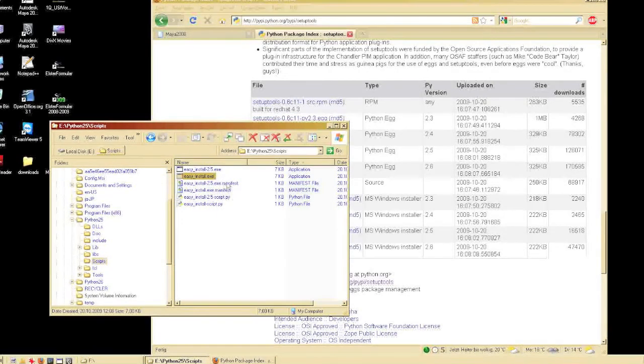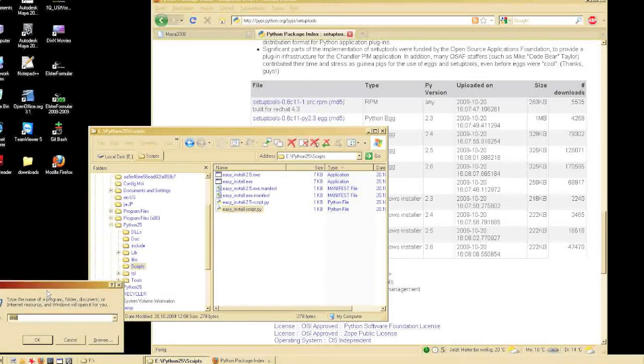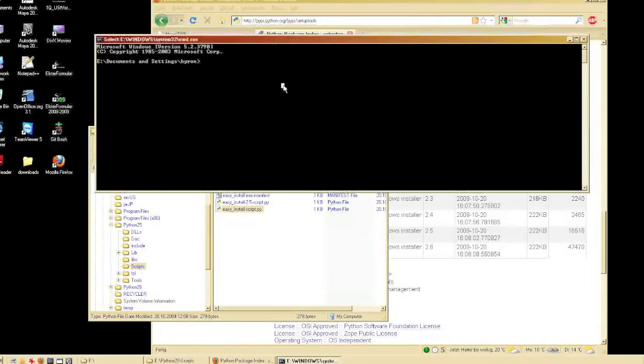executables, which pretend to be exe files, but it's just internally calling Python and the easy install script, which is necessary in Windows. So to run this properly, we need a command prompt and cd to the directory where we installed Python 2.5